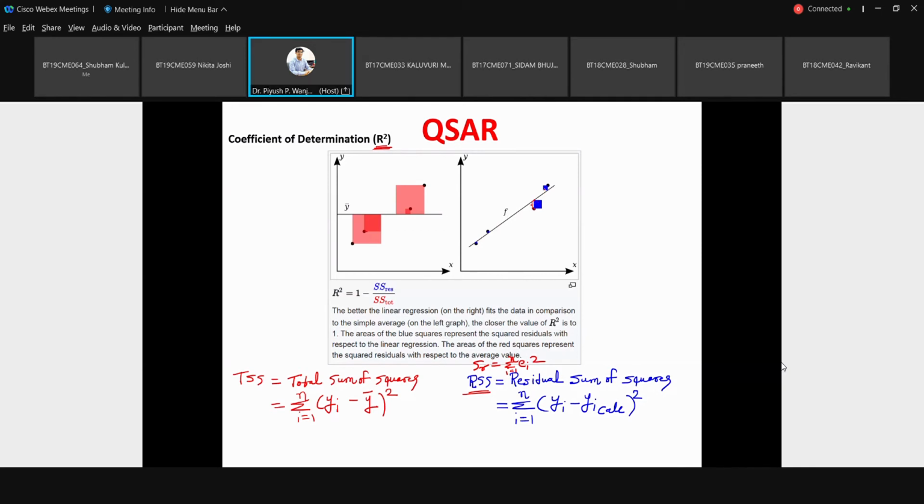So all these errors, like this particular area, and here also, if you observe closely, there are some blue regions. As the points are very close to the line, you cannot really see that, but here you can see some blue colored region, like in the square form you should consider. So if you sum all of those areas, that is your residual sum of squares.